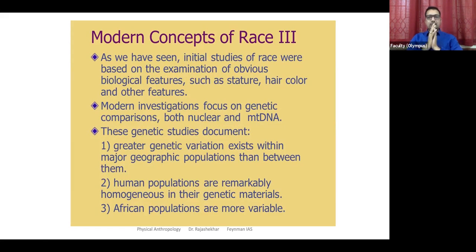And you may find differences in variability among different races as well. Like Africans may show more variability than Asians. But there is no clear basis to tell them that they are different genetically. So modern concepts of race are also clarifying the problem of race, and why we shouldn't take morphological appearance as a means to support the idea that one is superior over the other.